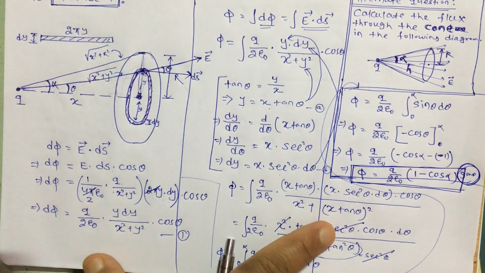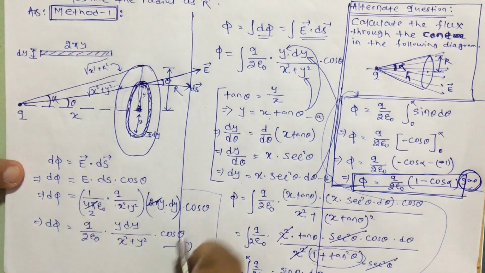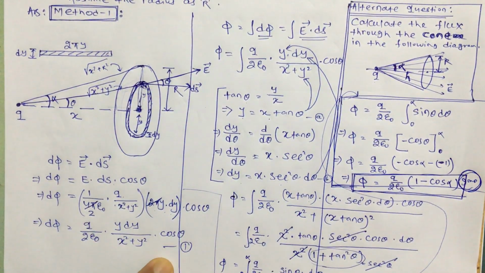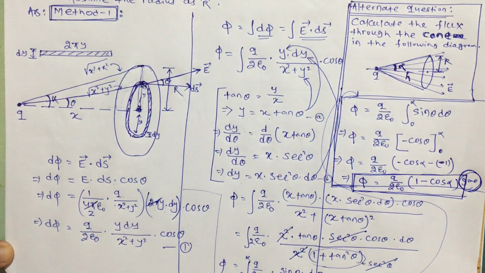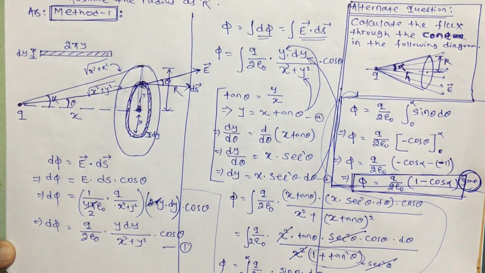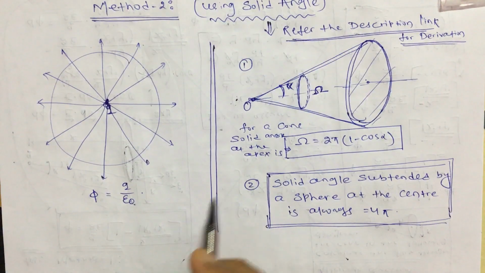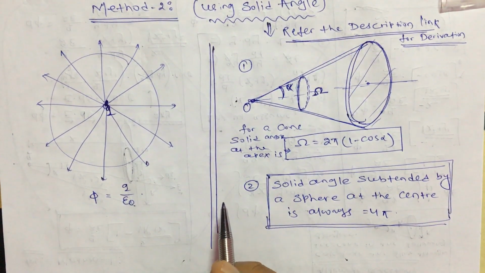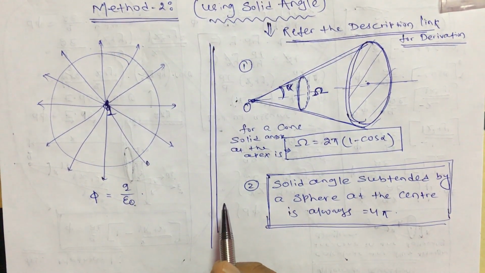Another thing, this is one method I have told. I have another method. This is a very lengthy method. We have another method by using solid angle in which we can derive the same answer very easily. First let us do that, then we can solve some questions which use this result. This is the second method using which we are going to find the result of the last question in an easy way.